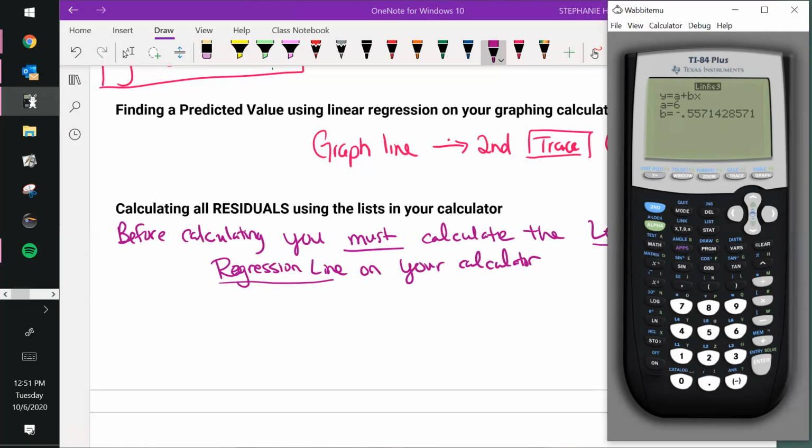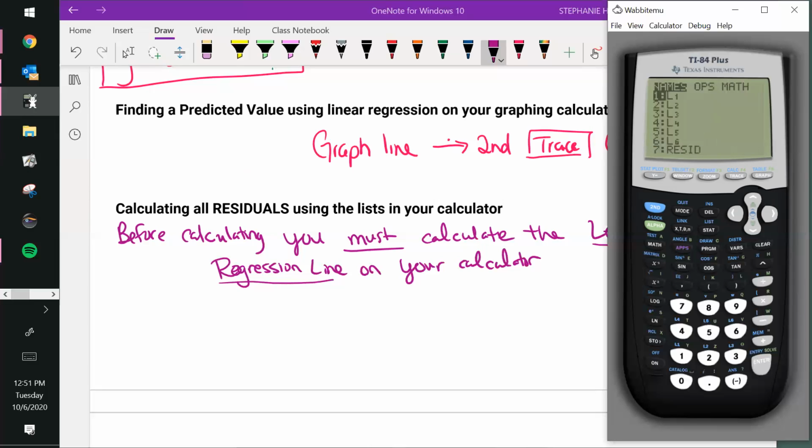So once you've calculated a regression line, you go back to your stat button and we go back to edit. And this data should already be in there because you can't calculate your linear regression without having it in there first. So now I'm going to go over to L3, and actually I'm going to go up and highlight L3 itself and click enter. Now my cursor is over here next to L3, and I'm going to put in residuals. I'm literally going to put in residuals here, and that can be found by going to our list option above stat. So you have to click second, stat,